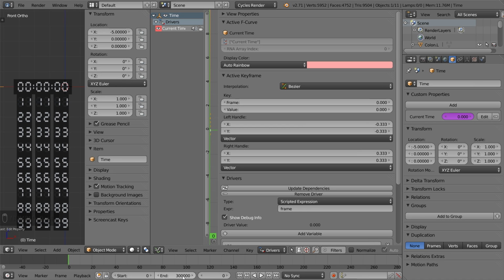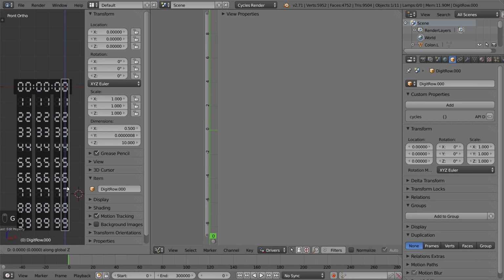Now we are going to use the current time property to drive the C location of all of our digit rows so they show the correct time. For example, when we have a time of 4 seconds, the first row will move 4 units up, making the 4 line up with the display. I won't drive the location of the digit rows directly using the current time. Instead, I will add a layer in between with different custom properties that holds the values the different rows should be displaying. The current time property will drive different custom properties, which in turn will drive the location of the